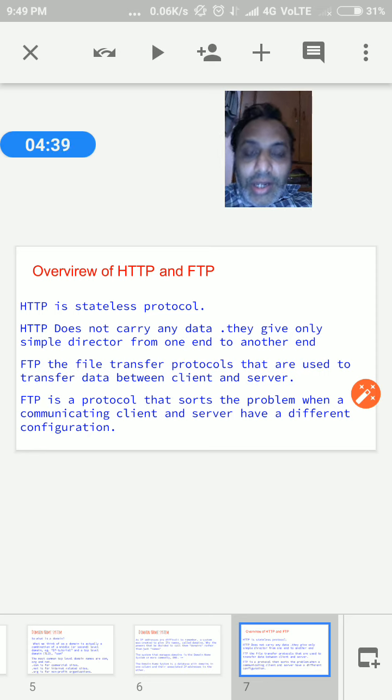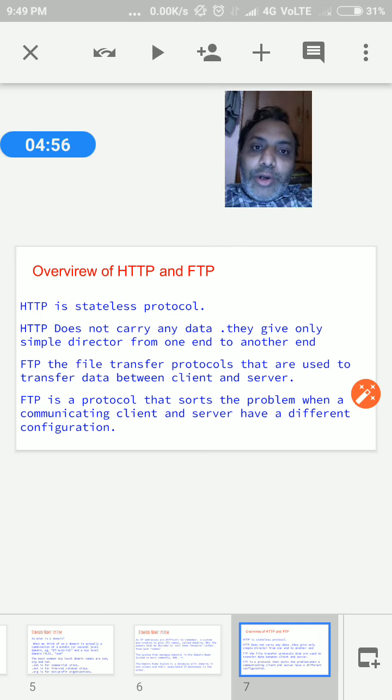That FTP is also useful when the client and server have different configurations. It means different operating systems or different platforms can also run the FTP protocol.